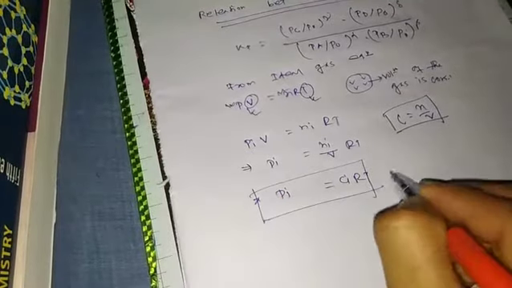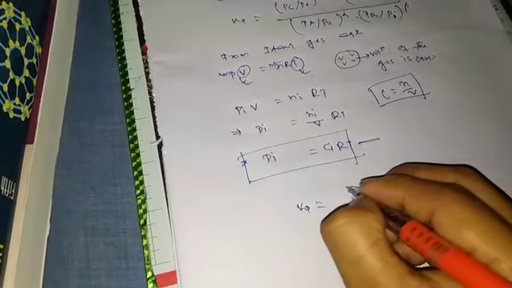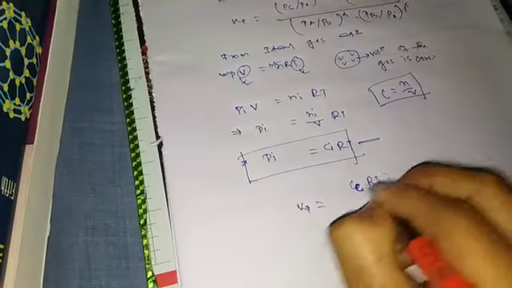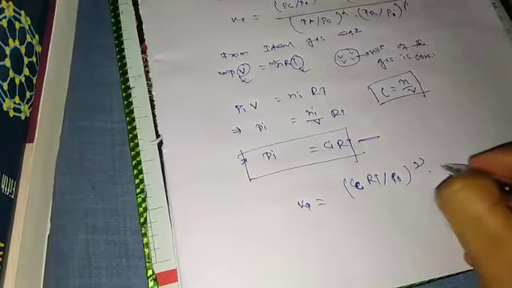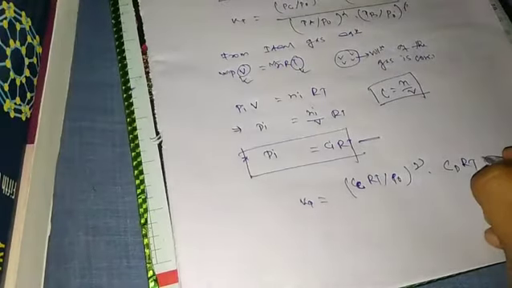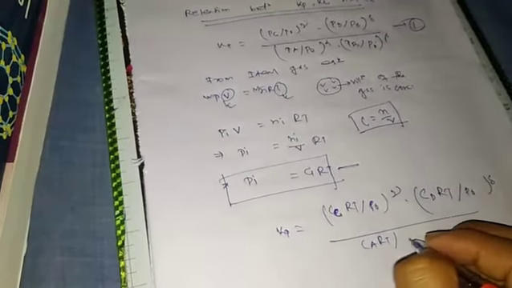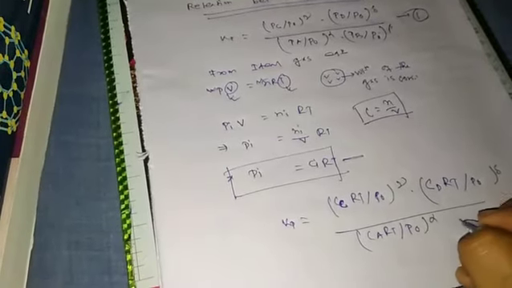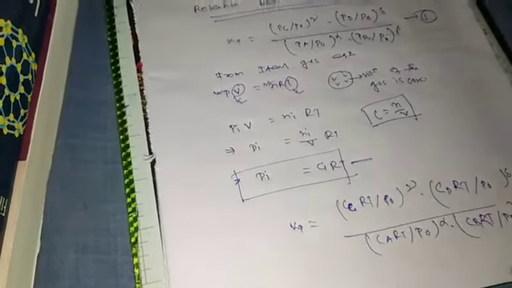Now this formula we will put in equation 1, then Kp will be (Cc RT divided by P0) to the power gamma dot (Cd RT divided by P0) to the power delta divided by (Ca RT per P0) to the power alpha dot (Cb RT by P0) to the power beta. Now Kp equals to